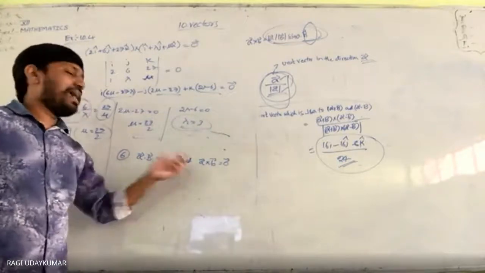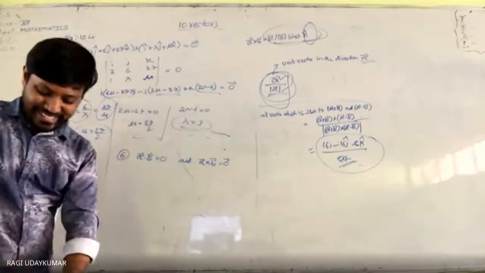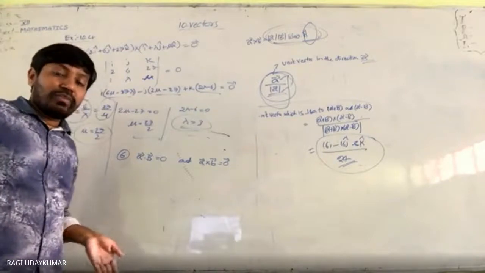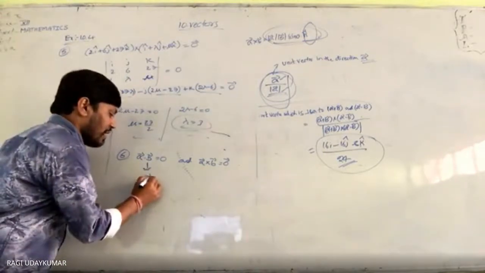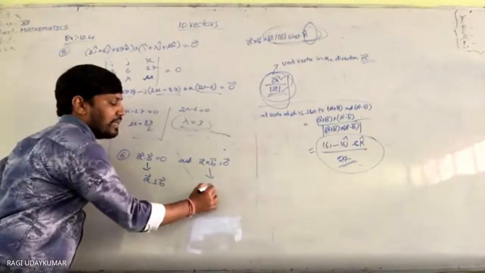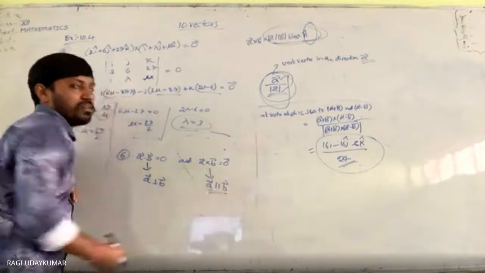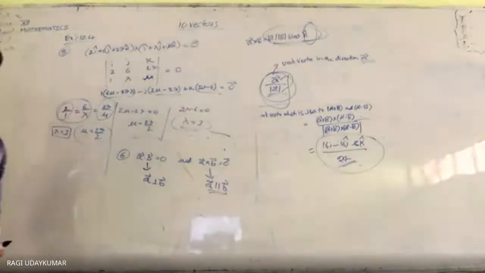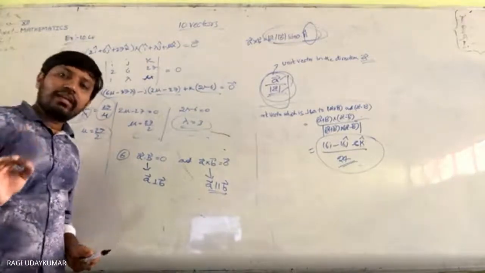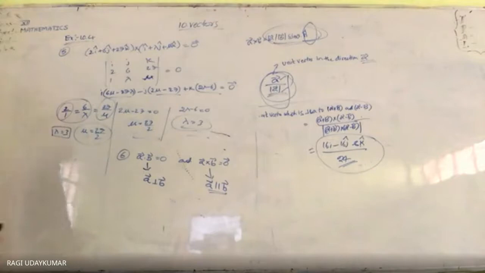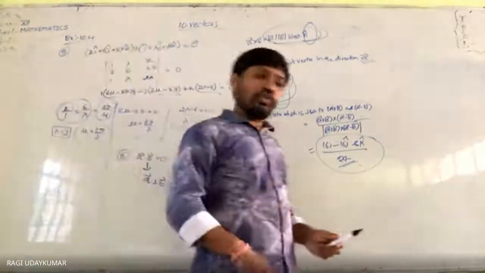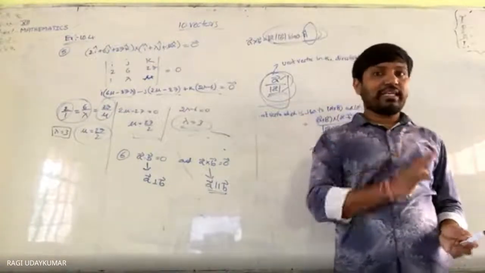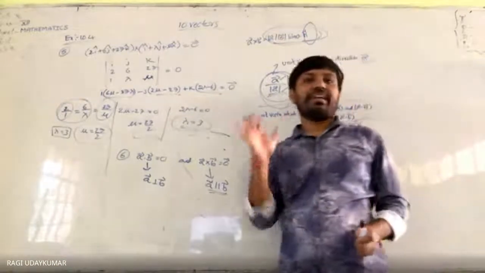So what can you conclude about A and B? Dot product is 0 means perpendicular. In this case, vectors A and B are perpendicular. Cross product 0 means parallel. How is it possible for both? It is possible when both vectors are null vectors. Then the dot product is equal to 0, and the cross product is also the null vector. Dot product is 0, cross product is null vector. So please use terminology in a proper way.